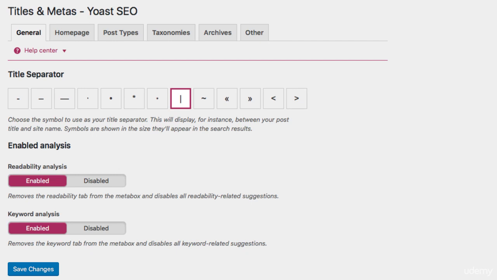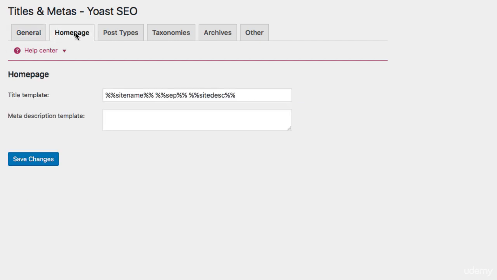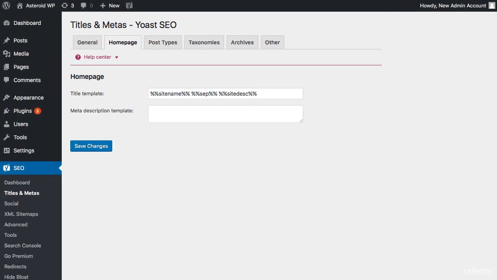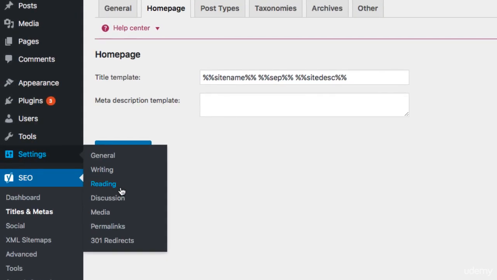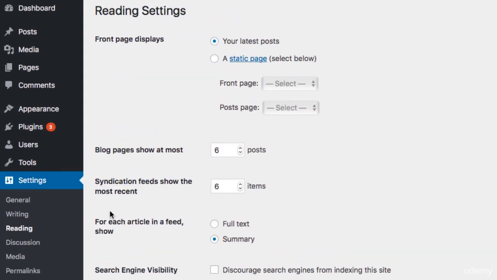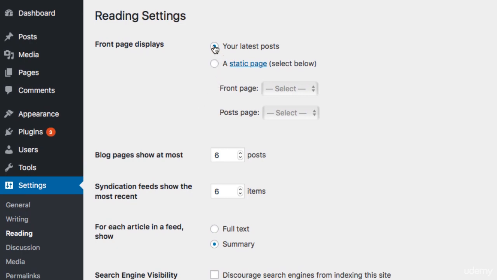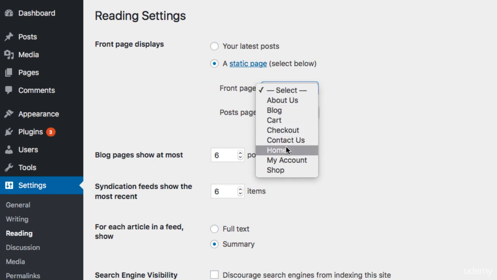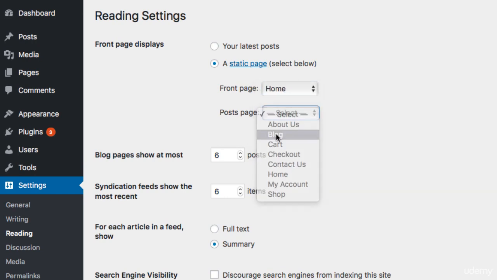Now, moving on to the Homepage tab. The options on this page will vary depending on how we have configured our front page display settings. To elaborate, under the WordPress Reading Settings panel, which can be accessed by going to Settings and then clicking on Reading, we can choose between having our front page set to display our latest posts or a static page by which we select the pages we want for our front page and which page our posts to appear on from